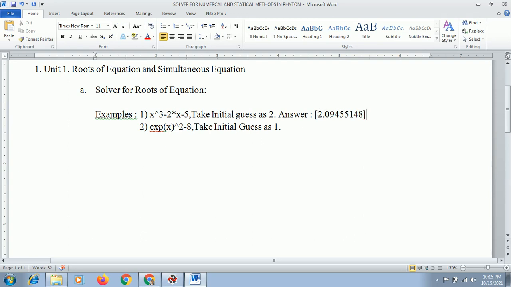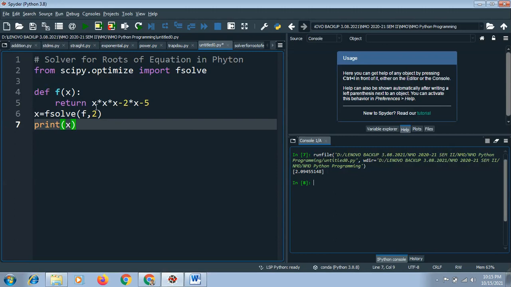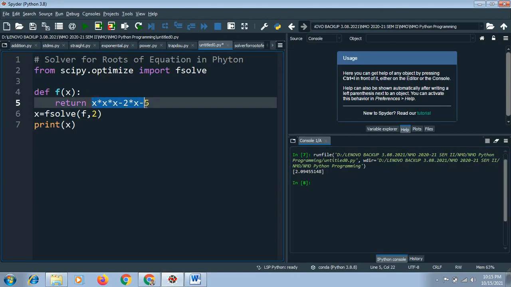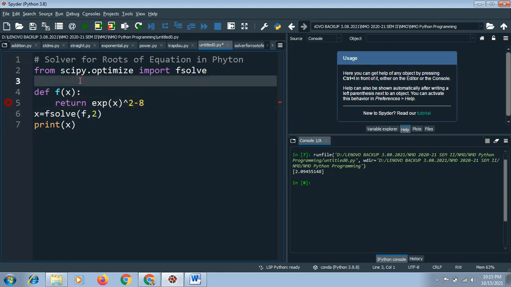Then the second equation is in an exponential form. I will copy this equation and paste it in the function line. It shows an error because it is not identifying what exp means.